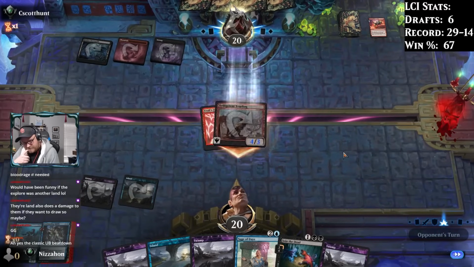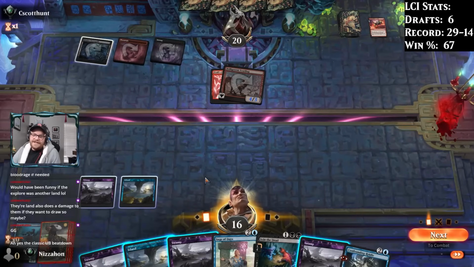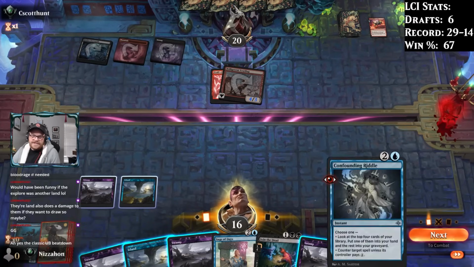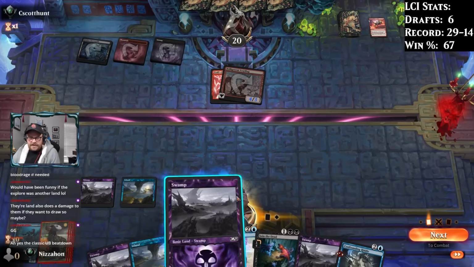Okay. Well, now we can't really leave Confounding Riddle up. I was hoping they wouldn't be able to attack us, or they did, and we would trade. And then we could just leave Riddle up and either counter a spell or cast Riddle and put a bunch of stuff in our graveyard. But we can't really do that anymore. So,